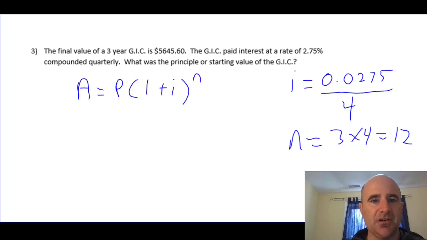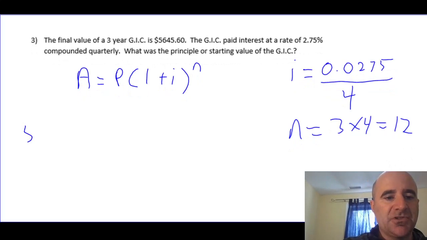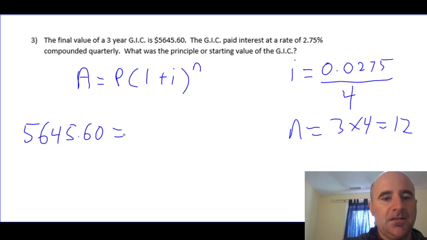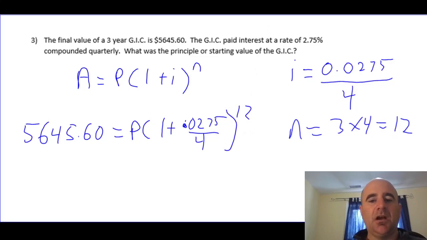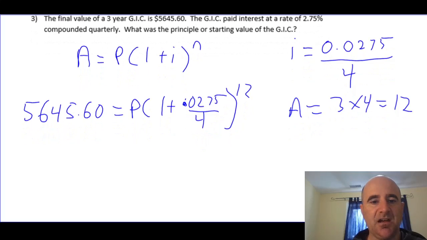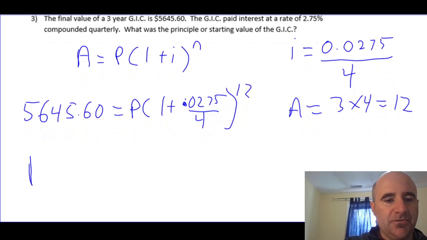There's 2 ways that I'll show you to solve this question. One is to fill in what you know. So start with 5,645.60, just like that. Sorry, that's a decimal there. To the power of 12. And then we can actually solve for the principal. And to do that, to solve for the principal, we can divide by all this stuff right here. Since all this stuff times P gives us that, it must be that P is equal to